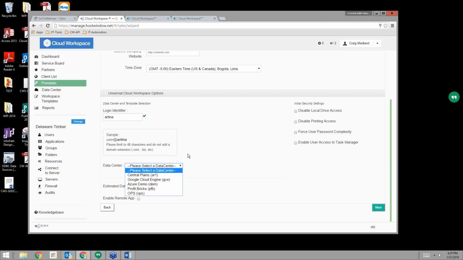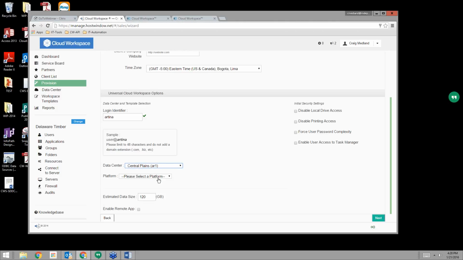So the first thing you're going to do when you're spinning up this new client is decide which data center that new Windows server is going to be provisioned at. That's an advantage, because if you have partners or clients in different geographic areas, you're probably going to want to provision them on the virtual data center that's closest to their physical location. So you have the ability to manage different data centers.